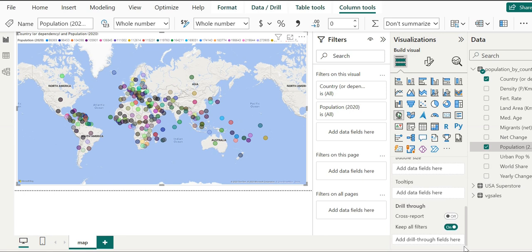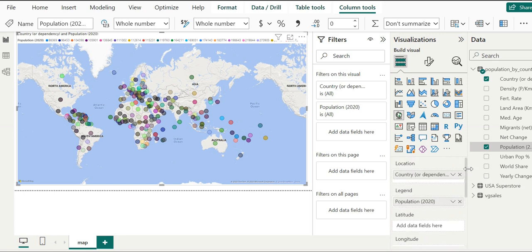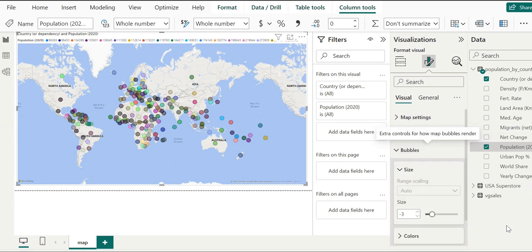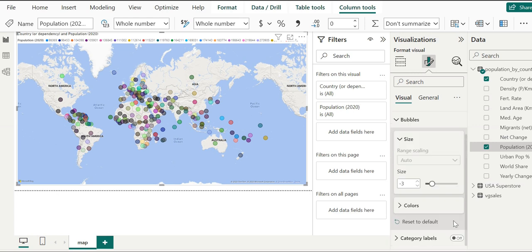We can make some more changes here for better readability of the data. We can go here and change the color if we really want.